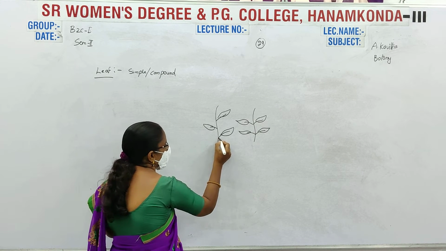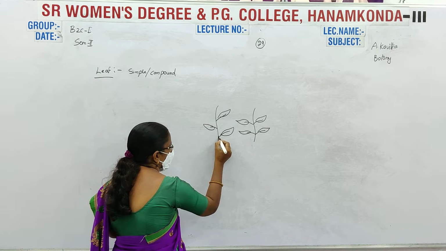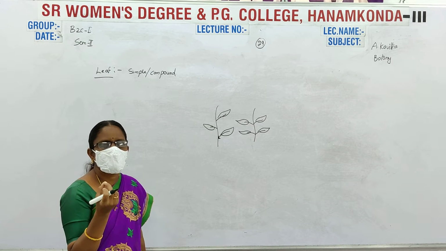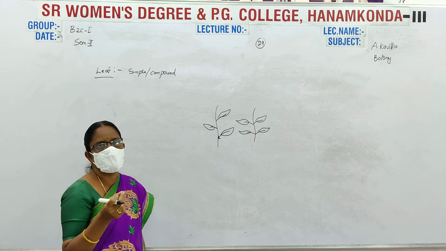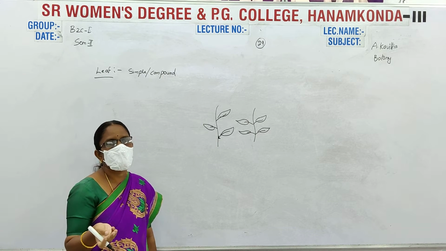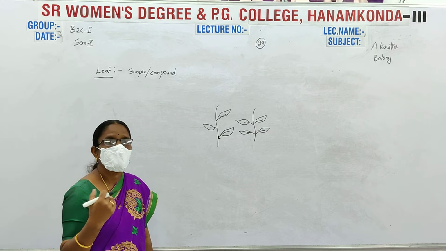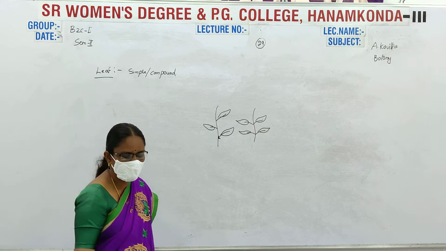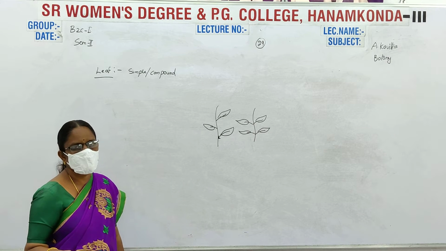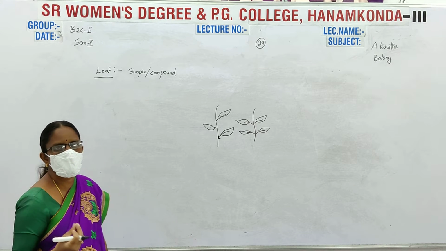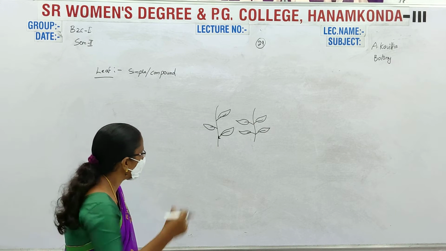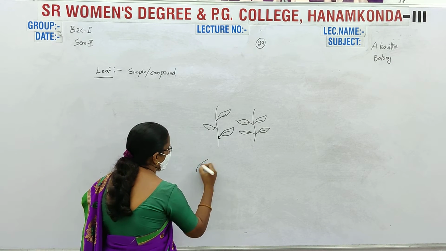Sometimes the leaves have small spine-like or hair-like structures on the leaf base. These are called stipules. Stipules are present or absent: stipulate or exstipulate. And the leaf base. The leaf base may be normal, or different types of leaf bases may be present. And the leaf is petiolate or sessile.